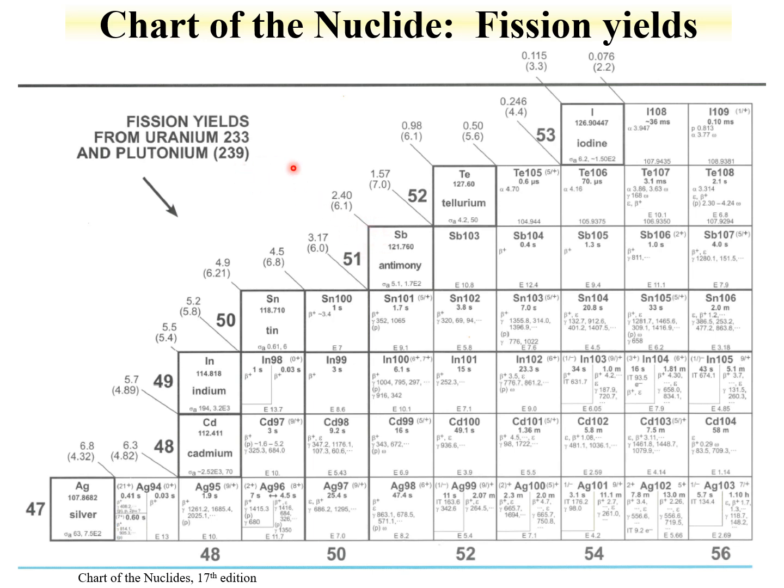So 1.6% of the time, when plutonium fissions, it produces a fission product with a mass of 102. Uranium-233, when it fissions through thermal neutrons, 2.4% of the time, produces a fission product with a mass of